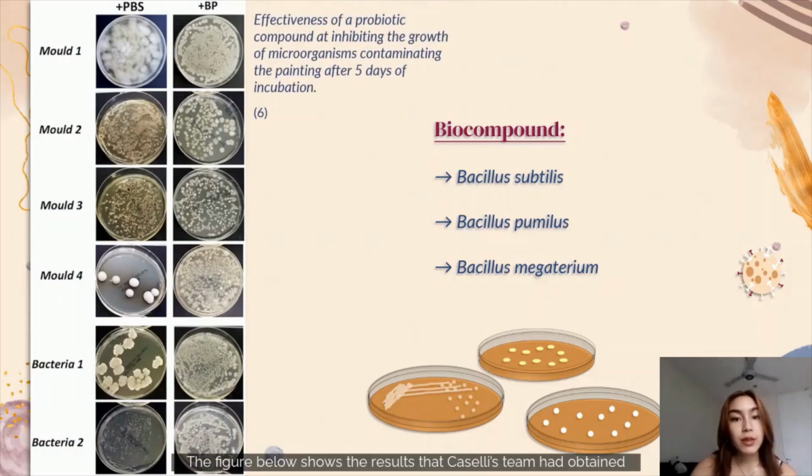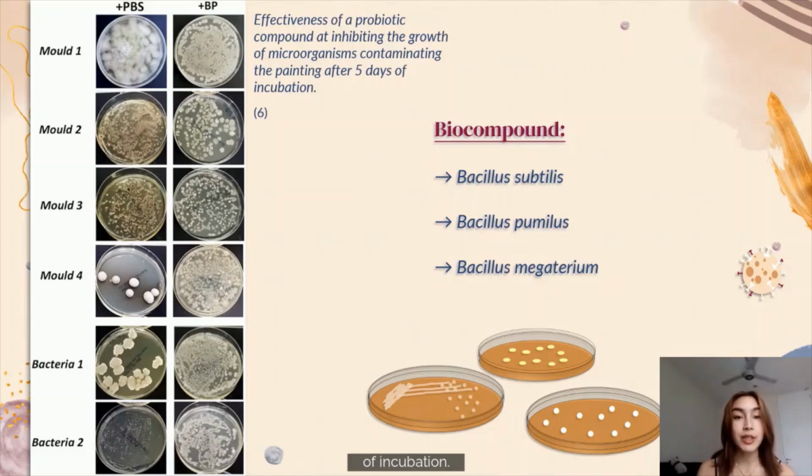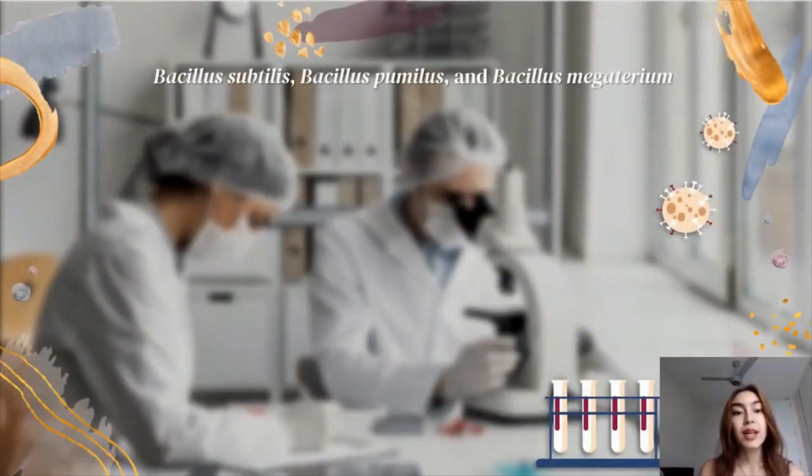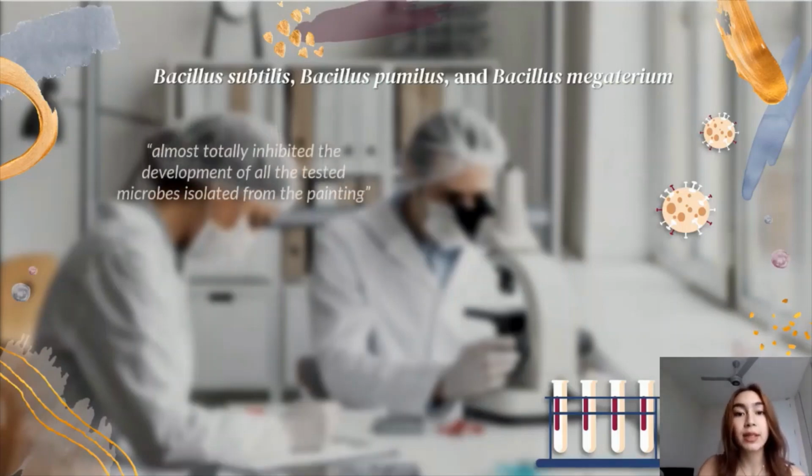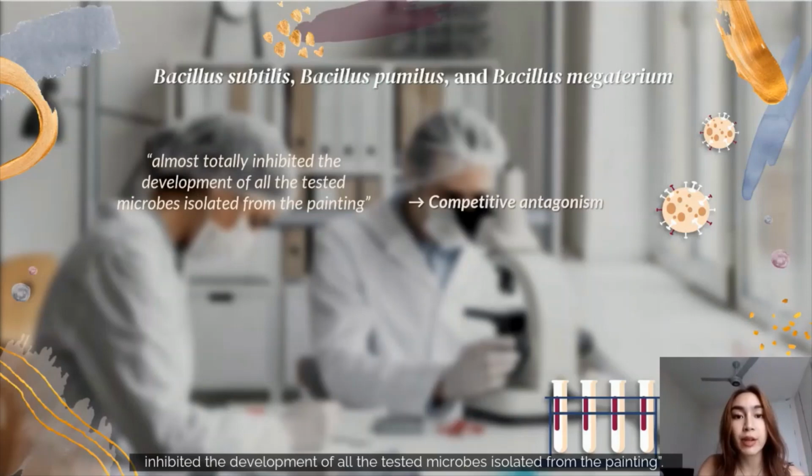The figure below shows the results that Casilla's team had obtained when the biocompound was spread. It shows successful inhibition of contaminating microorganisms after 5 days of incubation. The results indicated that the presence of Bacillus almost totally inhibited the development of all the tested microbes isolated from